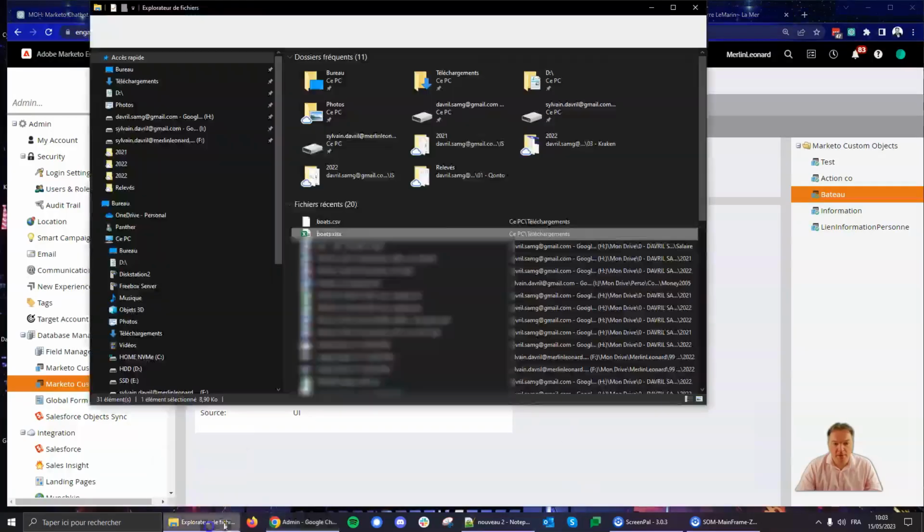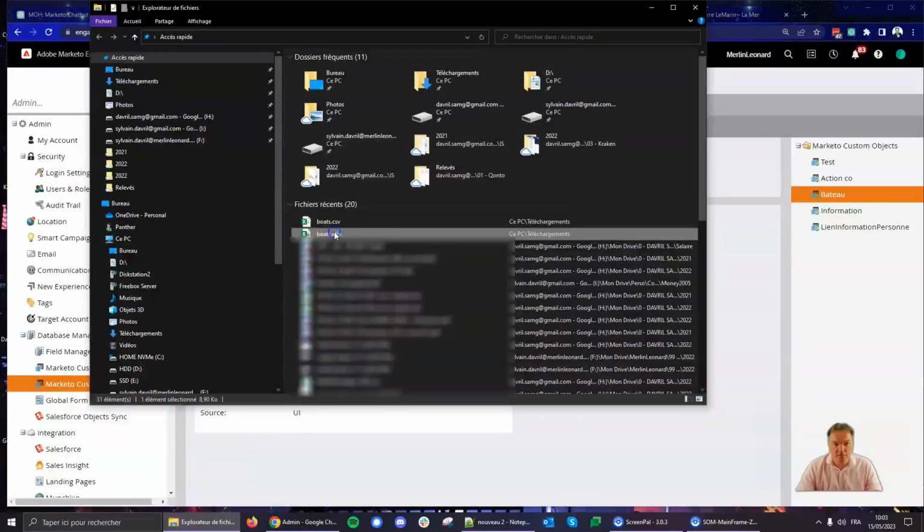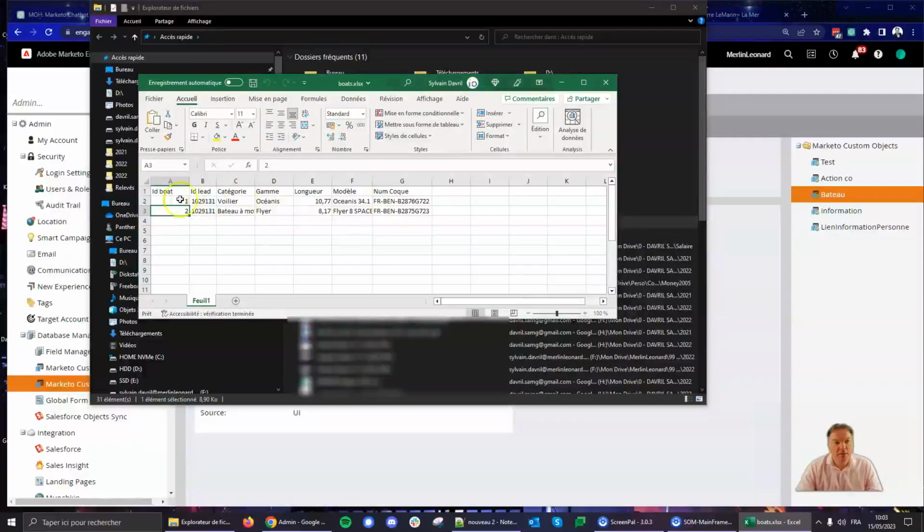So here I've created this boat file with the ID of the boat, the ID of the person, the category, the subcategory, length, the model, and the boat number here.